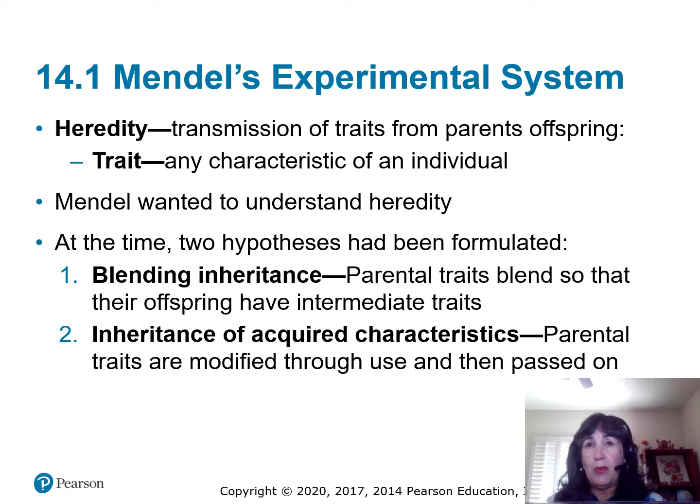Other scientists actually thought that you inherited traits that were acquired. Like you learned how to be a banker, so that was what you inherited from one generation to the next. And I think that would be awesome if I didn't have to go to school and I could just count on the education that my parents had already learned, so I wouldn't have to, that would be passed on to me and I didn't have to study it myself. But we know that that's not true.